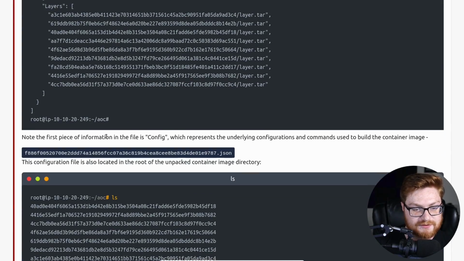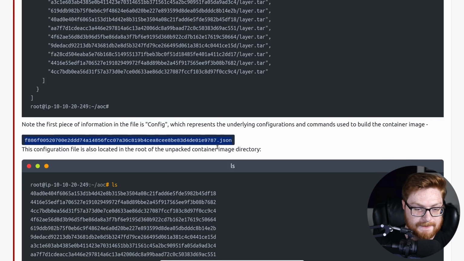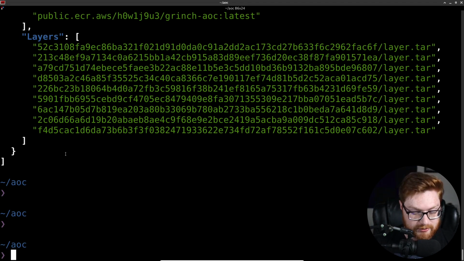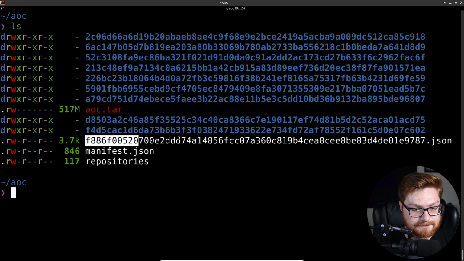Note the first piece of information of the file is config, which represents the underlying configurations and commands used to build the container image. The big long hash f886f00 blah blah blah.json, that's a configuration file also located in the root of the unpacked container image directory, as we saw just below and actually inside of our own directory here.